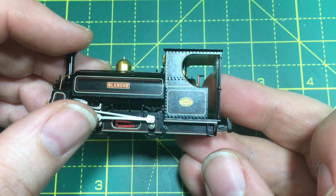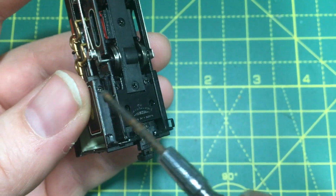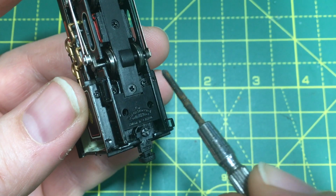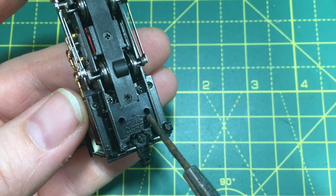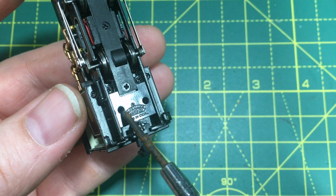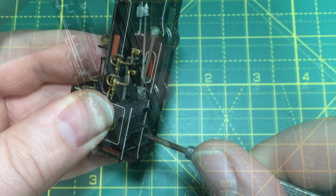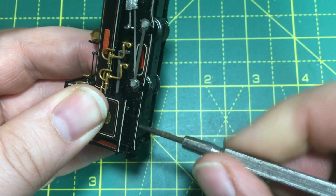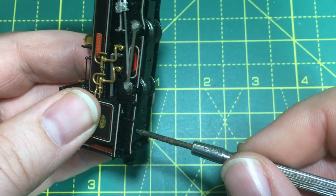To get inside this locomotive, it really is quite easy. Turning her over, we've got two screws towards the back, one either side of the cab. We've then got another two screws back here, and it's the ones that are in the very deep recessed holes that we're after. I'm just going to undo these now, and a small crosshead jeweler's screwdriver should be more than